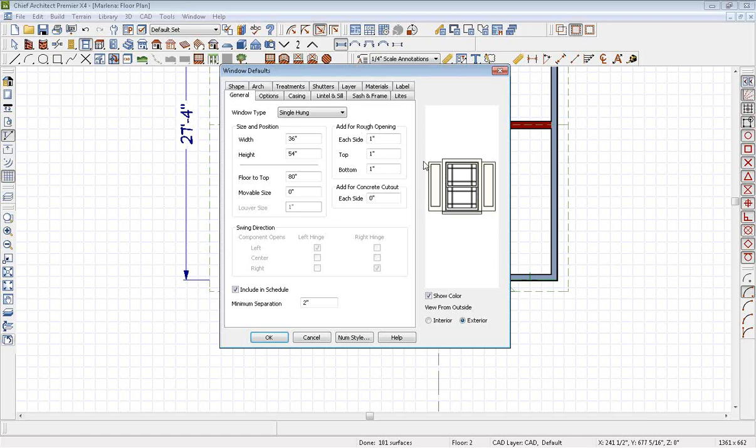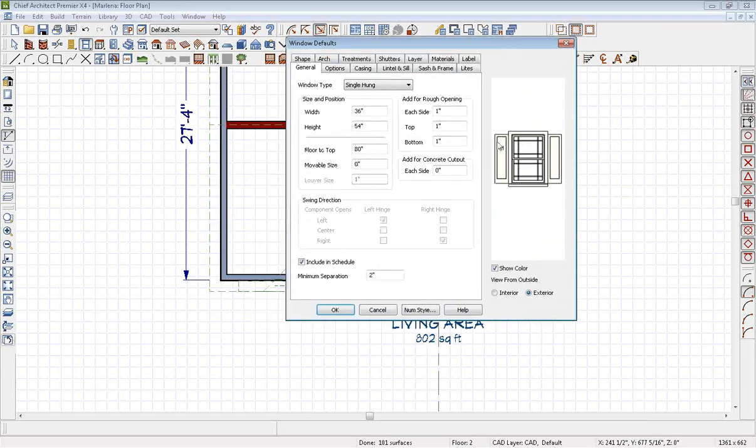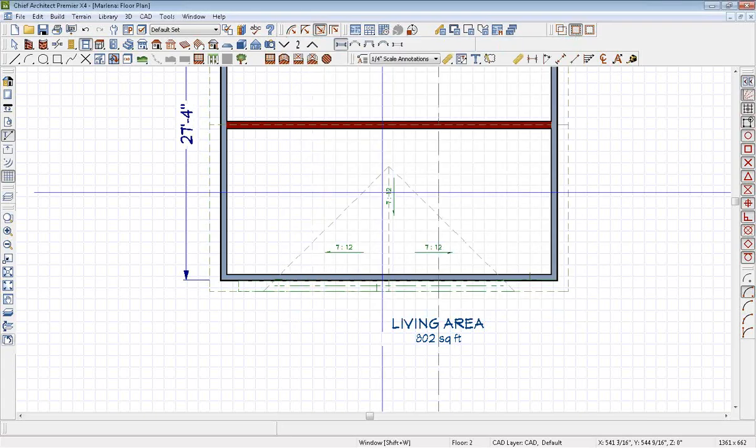Basically what I'm doing is I'm setting the default. So any window that I place in my plan is going to be this size, it's going to have this grid pattern, it's going to have the shutters, and the whole 9 yards. So it's a lot easier to set all this up beforehand than it is to change everything afterwards. So we'll say OK,